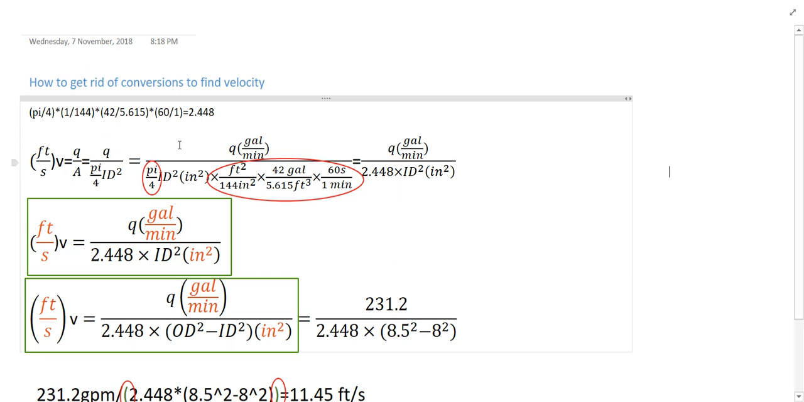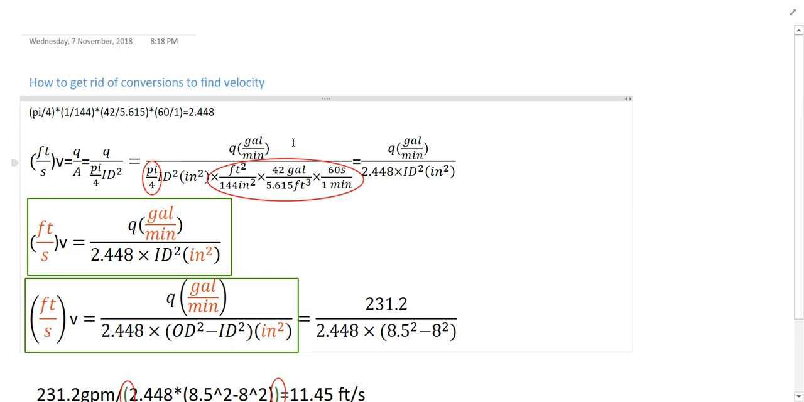If the diameter is in inch, because it's to the power of 2, it will be a square inch. And at the end we want to have it in feet per second, so we have to convert this square inch to square feet. So we have the conversion for the square inch: 144 square inch is 1 square foot, multiplied by, we have a gallon at the denominator,